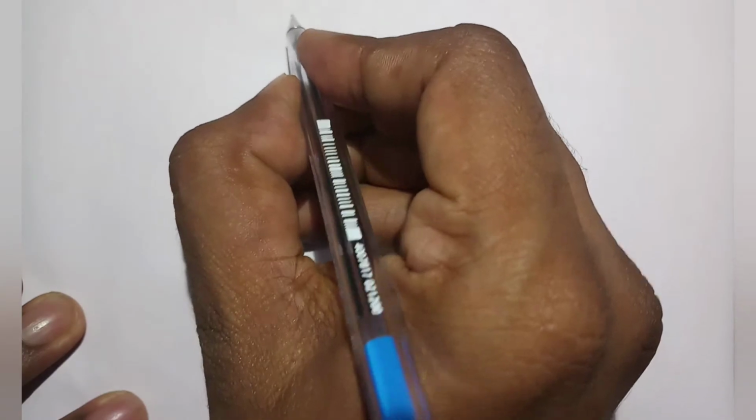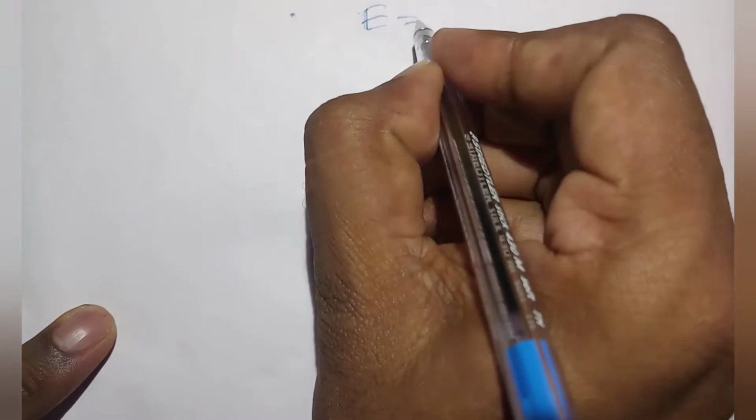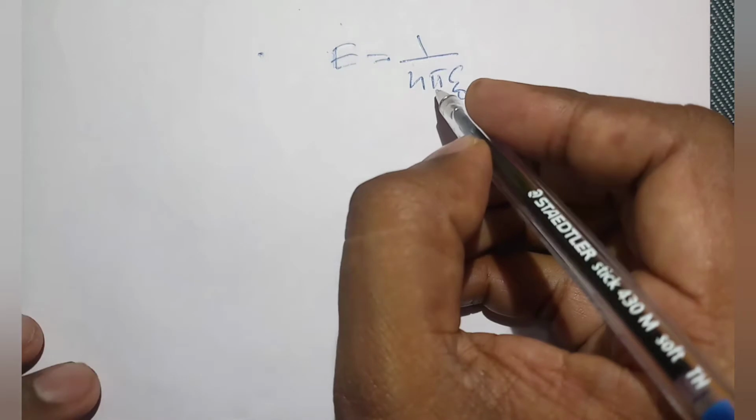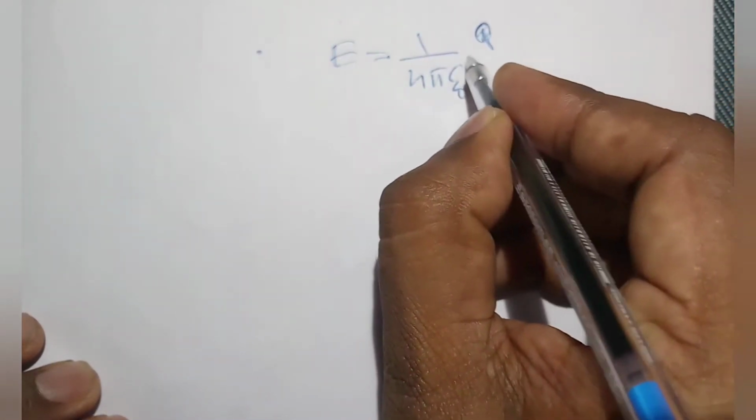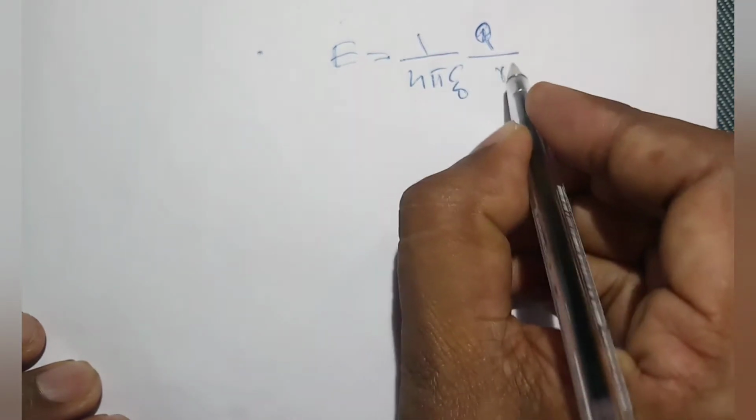Let us first think about the force acting on a charged particle. So if you have a charged particle, for example, you have a charged particle here, then we have some force acting on that one. The first type of force is what we know, the force due to the electric field. So the equation for electric field, we already did. Electric field E is given by E is equal to 1 by 4 pi epsilon naught Q1. Or if you have only one Q, then you can write capital Q, Q by R square.